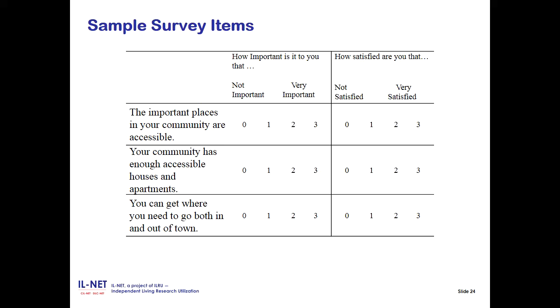So if you think about it, an item that has very high importance and high satisfaction is a strength. But strengths are often at risk, so it's important to consider how to protect community strengths and build upon them. If you have an issue that's very important and people are dissatisfied with it, then you've got a problem you need to solve. Next slide, please.